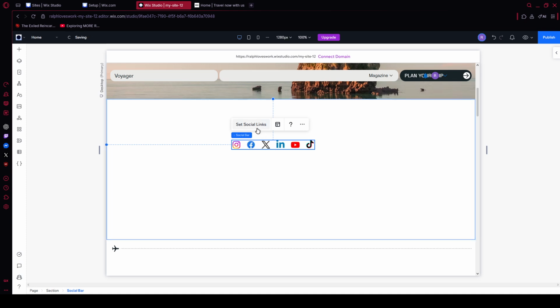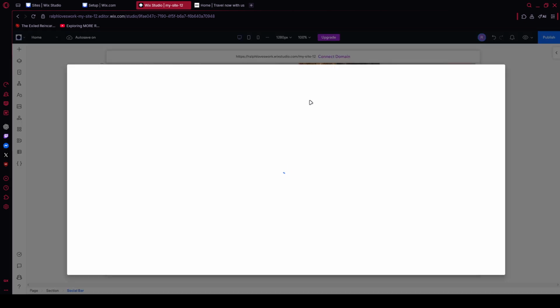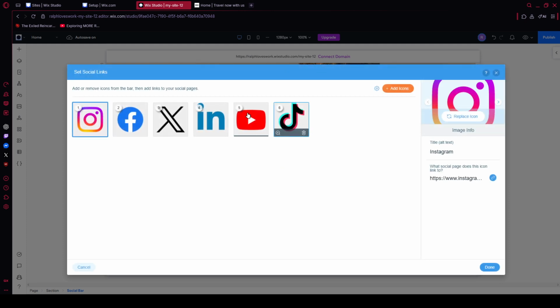Many sites place social icons in the header for maximum visibility, while others prefer the footer for a clean, professional finish. Use Wix's snap guides to align the bar neatly. If you place it in the header or footer, it can appear consistently across your pages, which is great for